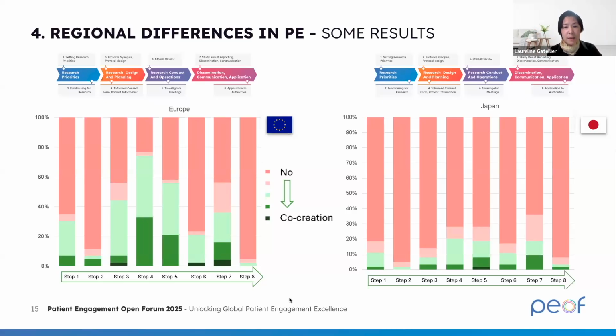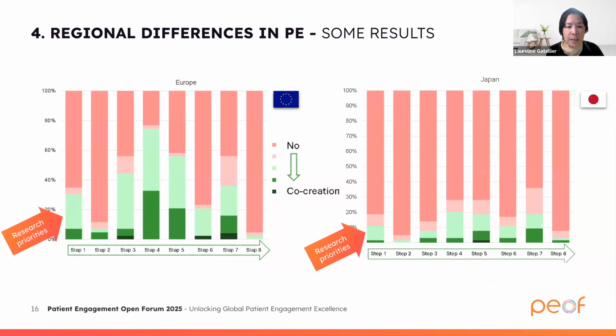The next slide, please. Now you focus on the research priorities. Research priorities is the very first step. It has been shown that putting patient representatives in the research priority phase helps to select the direction where patients consider it important to move forward one specific drug. And in this case, it's kind of limited if you compare with informed consent, which is a later stage of the research. Okay, the next one, please.